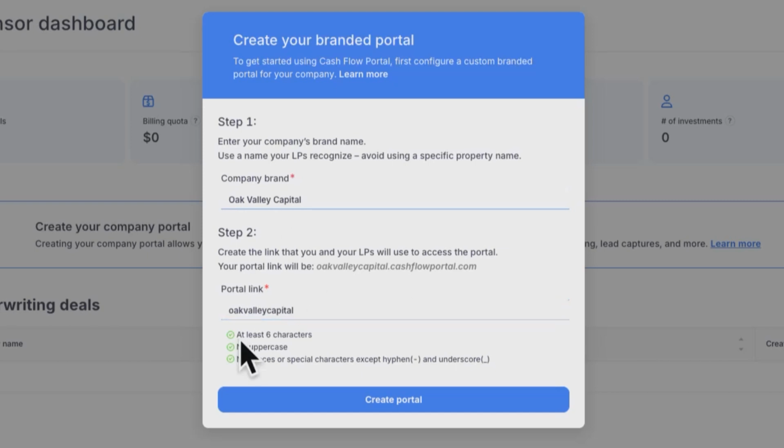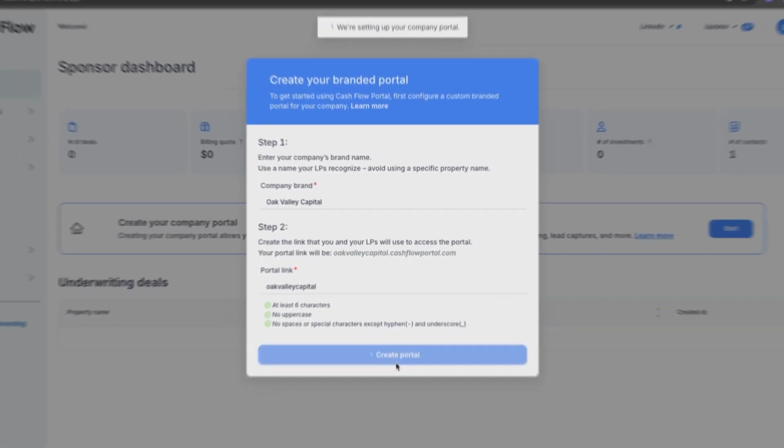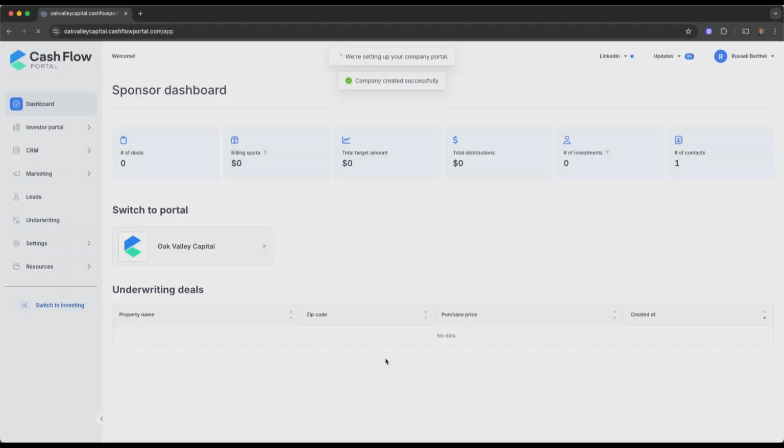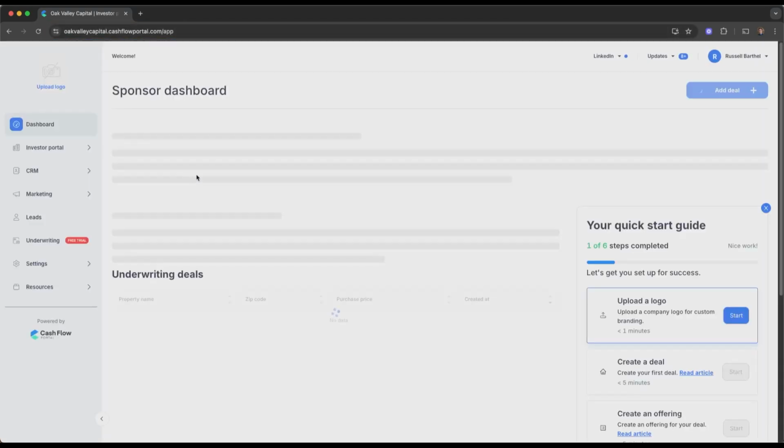You're welcome to customize that if you like. This will be the link that both yourself and your investors will use to access your portal. Once you're happy with what's here, we can go ahead and click Create Portal, and we'll be taken to your new portal here. You'll see that the URL changed to Oak Valley Capital,